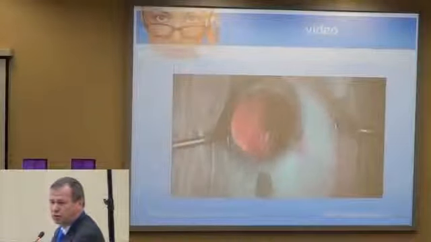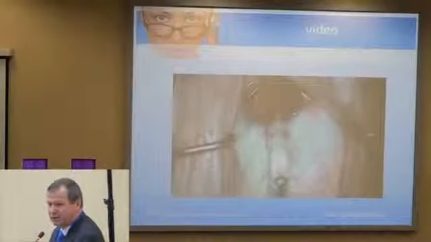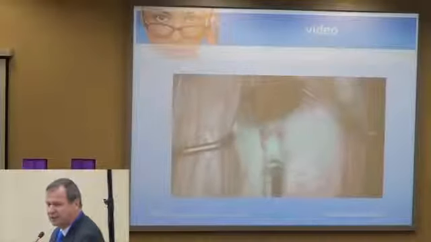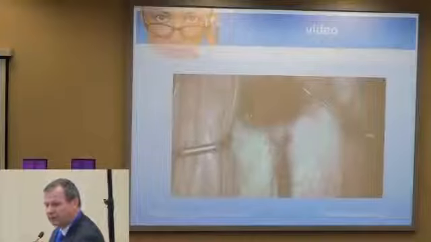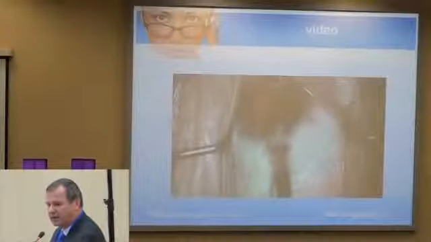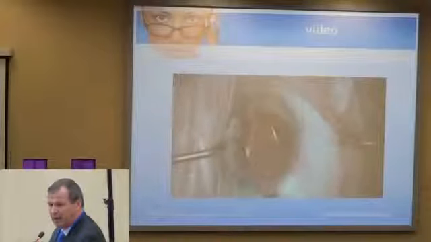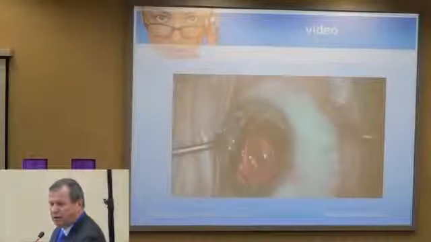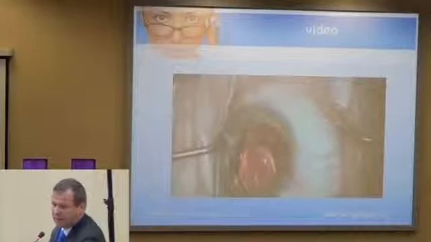So I will just show you very quickly how it works. We use the Trimix like I showed you before, and you see that when you inject the lens, this one is a Technis one on a 2.2, I do a corneoscleral incision for the lens. It's a hydrophobic lens, and I will turn it just on the right side with the vessel.